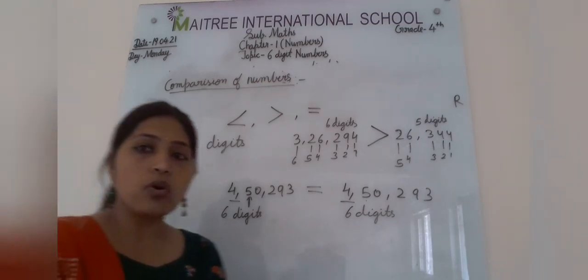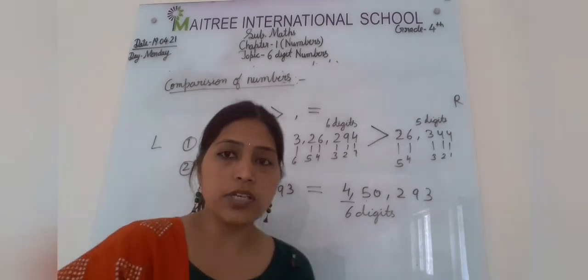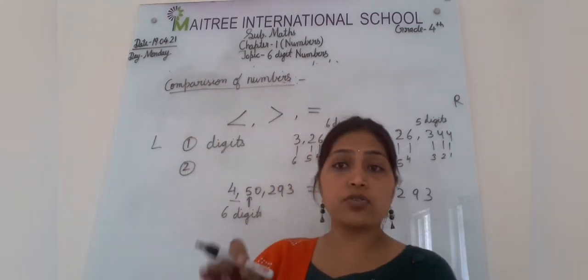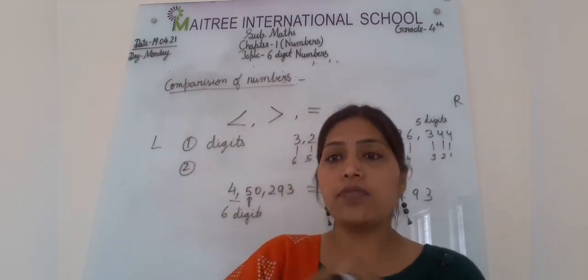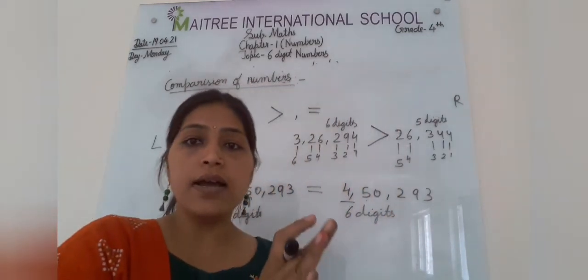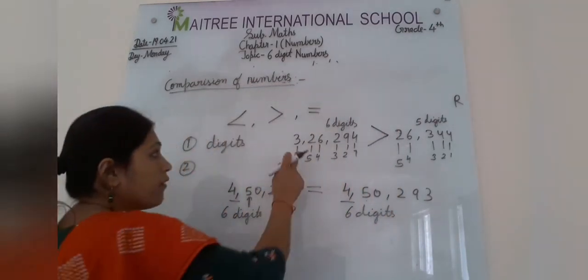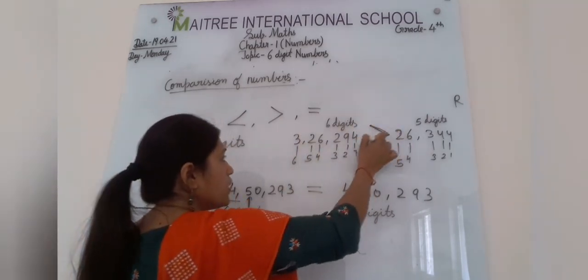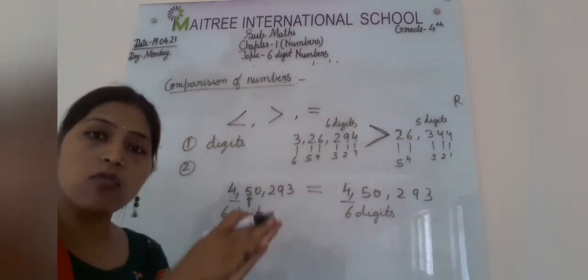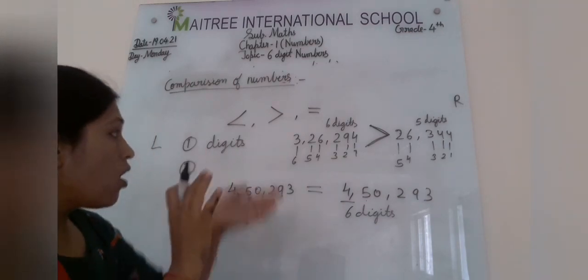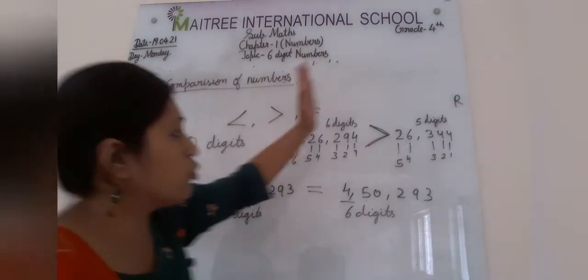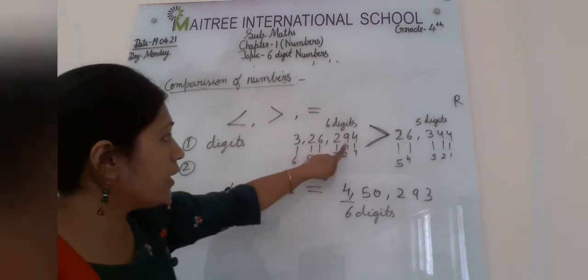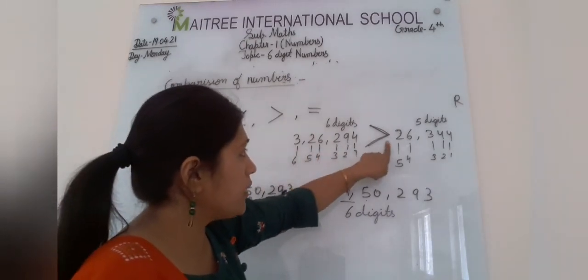Clear? And just put it in your mind, the crocodile always loves to eat the bigger number only. It will open his mouth towards the greater number only. Wherever it gets the greater number, it will open his mouth towards this. जहाँ पे उसको बड़ा नंबर मिलेगा वो अपना माउथ उसी साइड ओपन करेगा. और हम कहाँ से रीड करते हैं? लेफ्ट टू राइट. पहले हम इसको रीड करेंगे, फिर सिंबल रीड करेंगे, दैट इज अ ग्रेटर देन, like